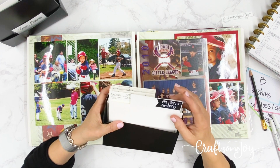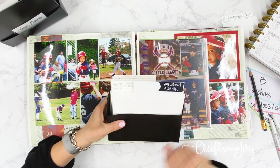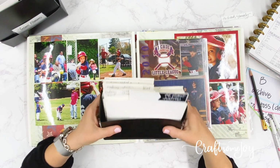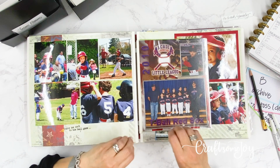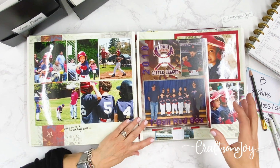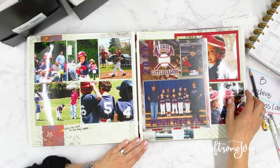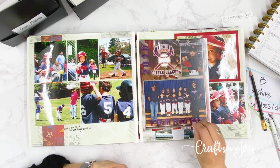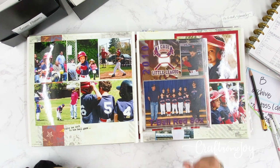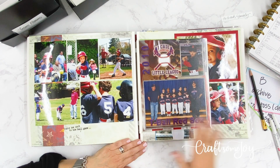There's flexibility built into the system, but the first thing you have to do is get all of your photos organized. So decide, touch them once, put them somewhere, but that doesn't mean that you're locked into that, okay? So each one of us is going to have to decide what works best for us. I'm looking at a lot of pages that I need to make to get my kids caught up. And so the more I look at my photos, the more I decide that I need to just pick my absolute best photos. Really just the good ones,